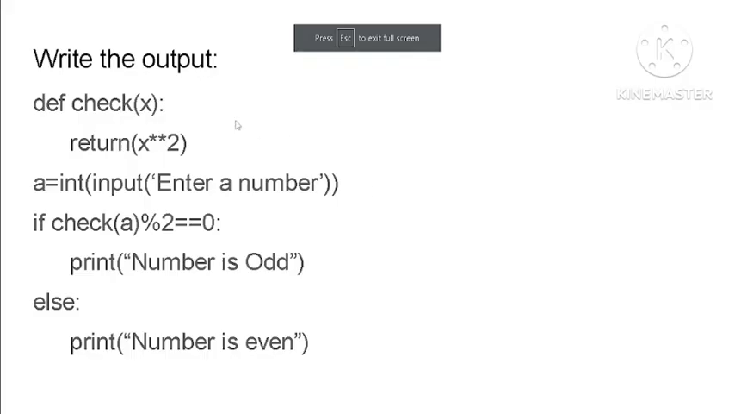Look at the next code. Write the output. def check of x, return x power 2. So input a value a, if check of a modulus 2. So what are we trying to do here? The square of a number is returned, and we are checking if it is an even number or odd number. So give an input, say for example you give number 3. So 3 power 2 is 9. If 9 modulus 2 is equal to 0,